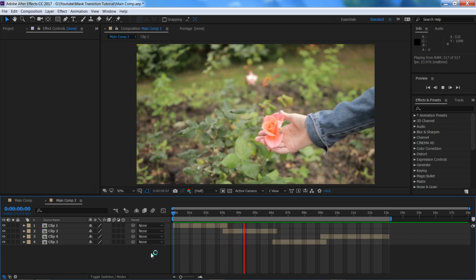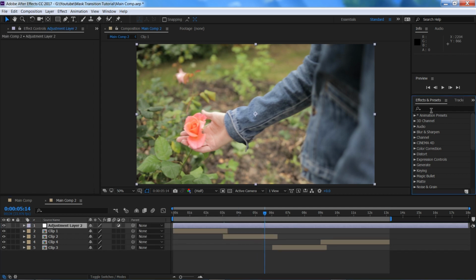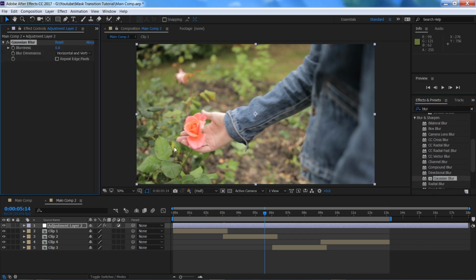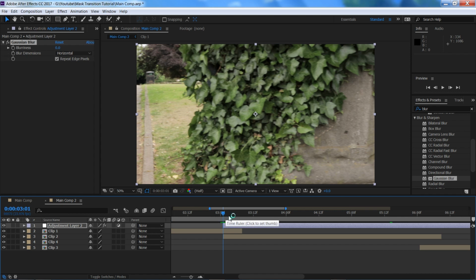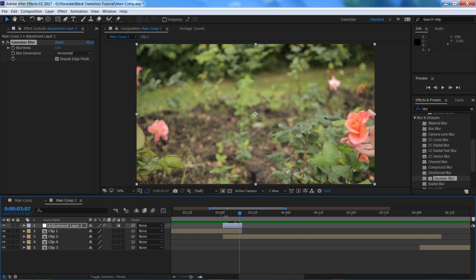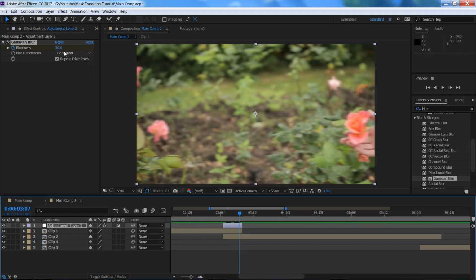So we can take this one step further really quickly now, just by creating a new adjustment layer. We're going to add some blur to this. Let's do Gaussian blur. We're going to check repeat edge pixels, change it to horizontal. We're then going to trim this down so it's the same size as our little transition here. There we go. We're going to go to the beginning, make a keyframe, go to the middle, around there, make another keyframe, let's put it up to 30, and then we'll go to the end, bring it back down to 0, and then if I play through that now,